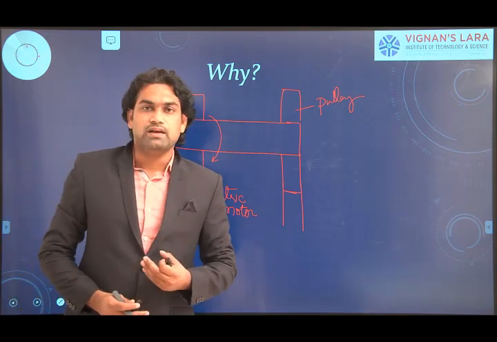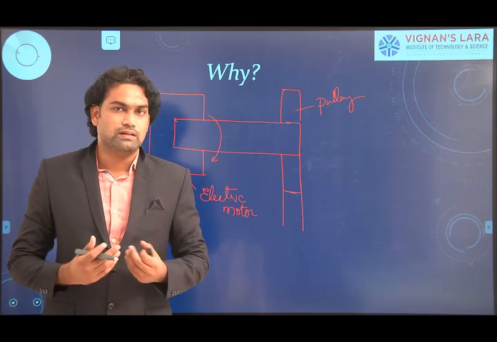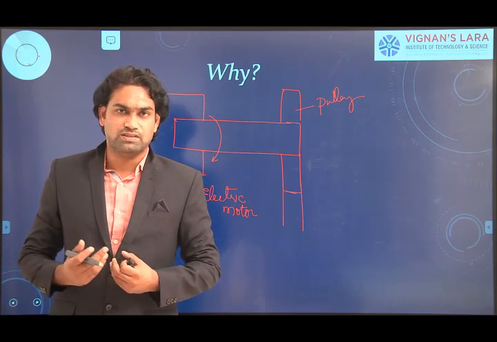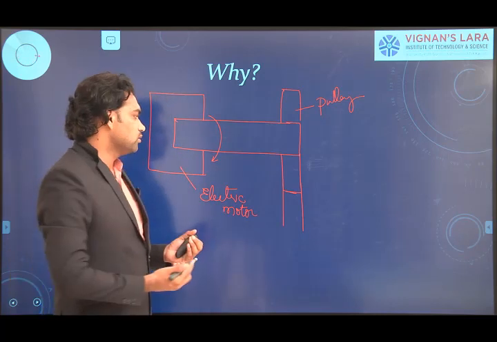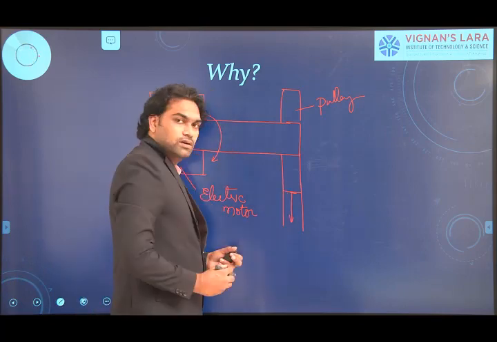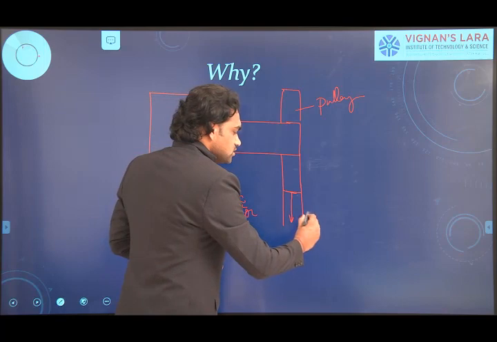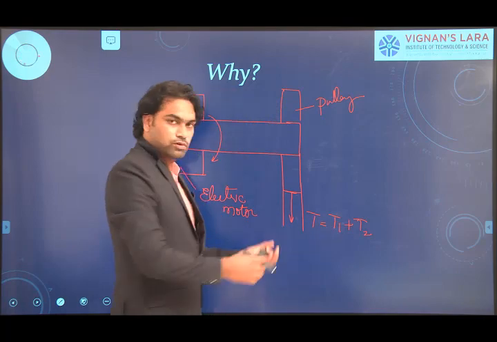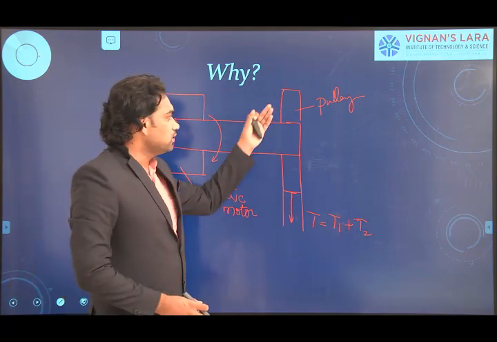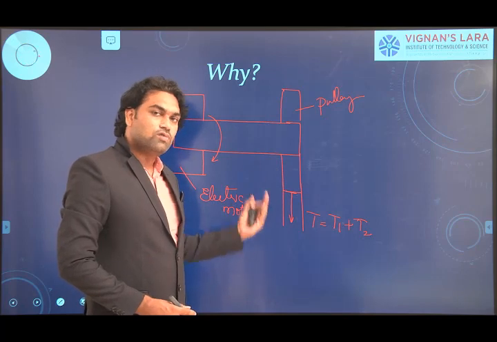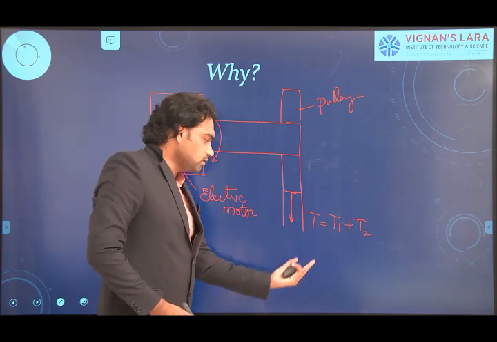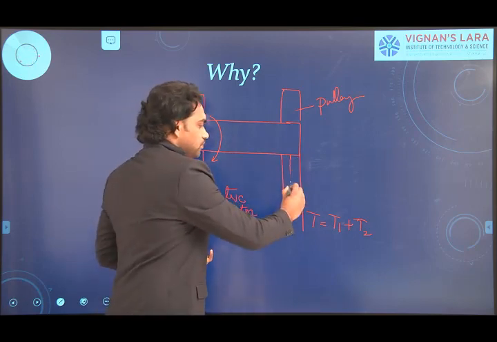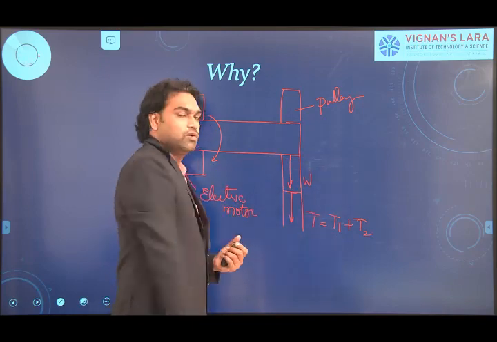You studied in your earlier course, kinematics of machinery, regarding the belt drive. Whenever the belt is moving, there are two sides of the belt tensions: one is the tight side and the other is the slack side. The total tension of the belt tends to act towards the drive side. The total tension acting at the belt is given by T1 plus T2, that we know. Along with that, there is the weight of the pulley also acting downwards. I consider it a horizontal drive, so the belt tensions can also act vertically downwards, along with the weight of the pulley acting downwards.